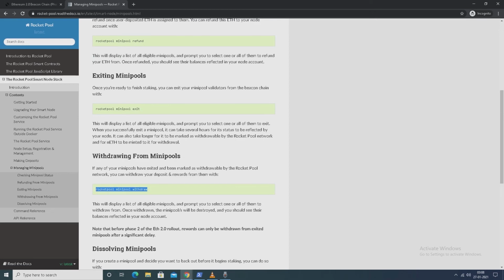We just type in this command, Rocket Pool minipool withdraw. This will display a list of eligible minipools that we can withdraw, and once withdrawn, minipools will be destroyed, and you should see their balances reflected on the node. So let's do it and see what happens.